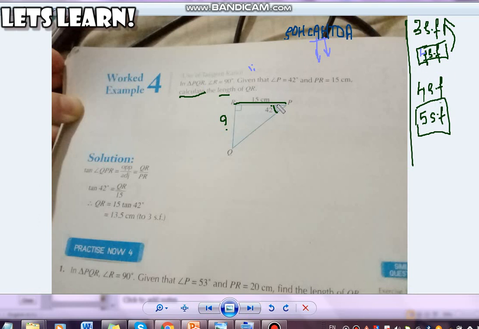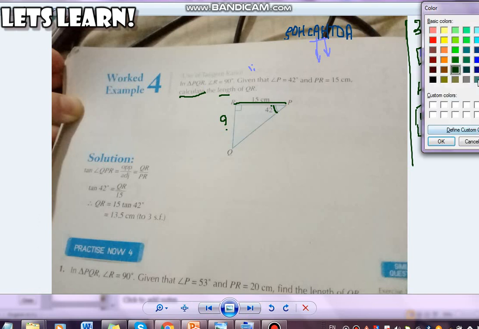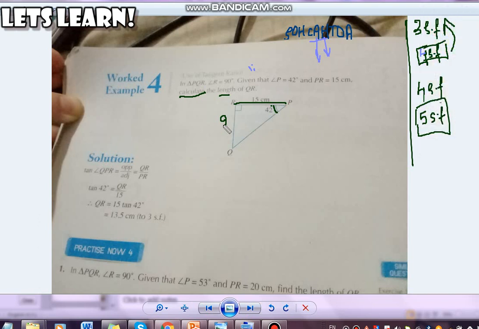That is my acute angle first, then I have my side given to me, and the third is the side which is unknown. So I'll be choosing the ratio which associates the three, but before that I need to label my sides of my triangle. So the side opposite to the acute angle is basically the opposite side. So this is the opposite side. The side just beside, right next to the acute angle, we call it the adjacent side. And the longest side, as we know earlier, is hypotenuse.